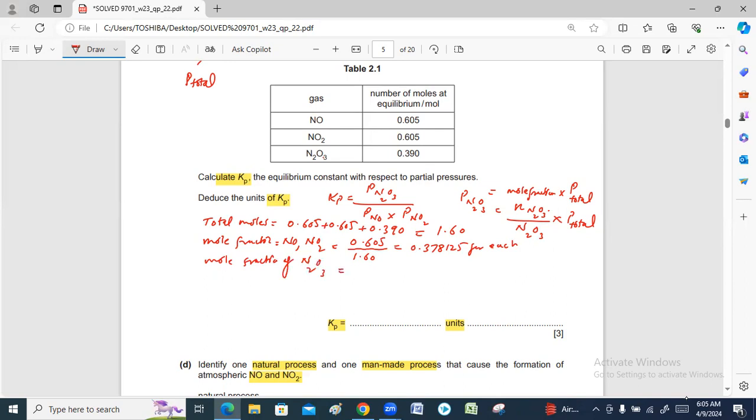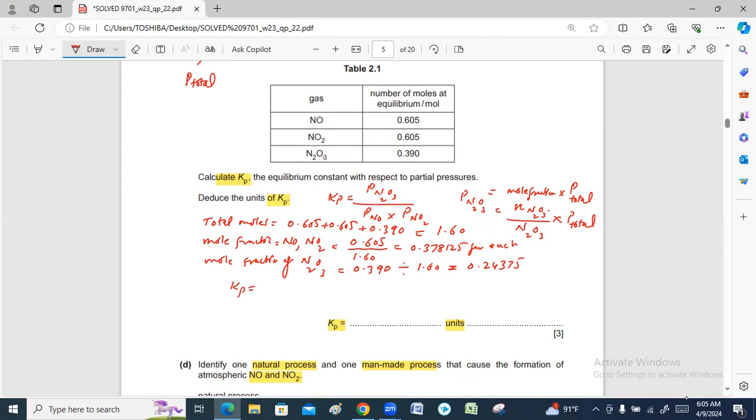Then the mole fraction of N2O3, the moles of N2O3 are 0.390 divided by 1.60, because these are the total moles, so 0.24375. This is the mole fraction of N2O3. So if we put the values in terms of partial pressure, that Kp is